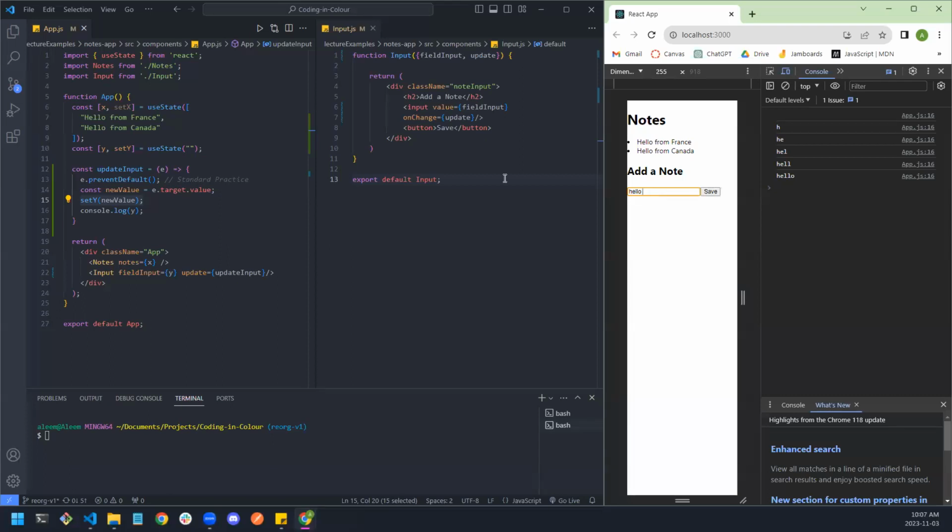Because I think what happens is that in this input on change event, it takes whatever is inside of this and then calls this. So in this event object, this e.target.value has what we have written so far. And it's just setting, it's not appending it. So it's actually replacing the value of y. That's what it's doing. It's replacing the value of y with a new value. And that's actually